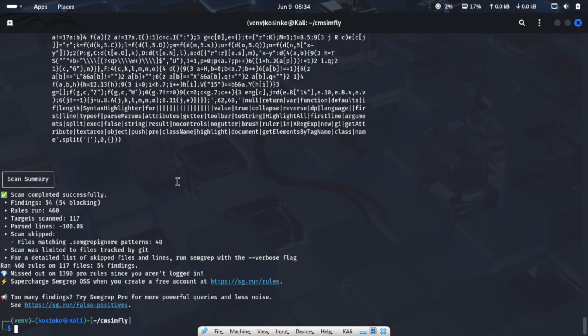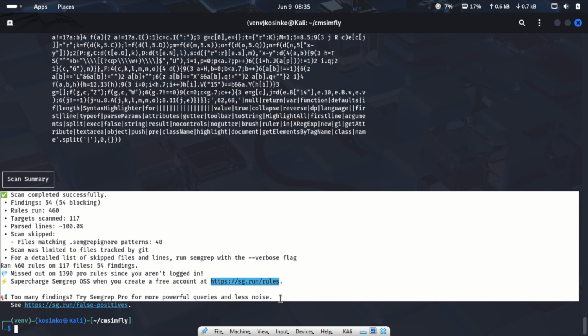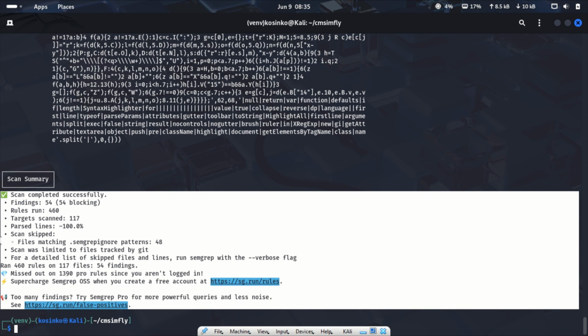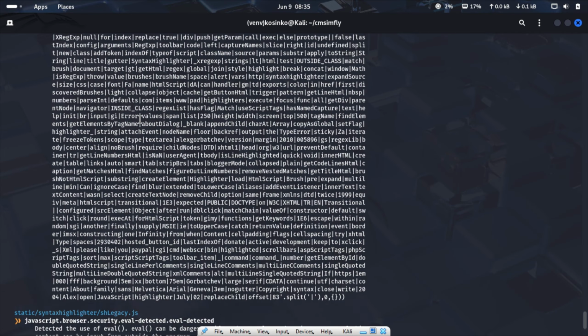As you can see, the scan has been completed successfully. It found 54 blocking findings. Ran 460 rules, targeted scan of 117 files. Scan was 100%, which means it was able to scan every single file in the directory. The file scan was limited to files tracked by Git. As we can see, the scans have been completed because we are seeing the rules, the vulnerabilities and the